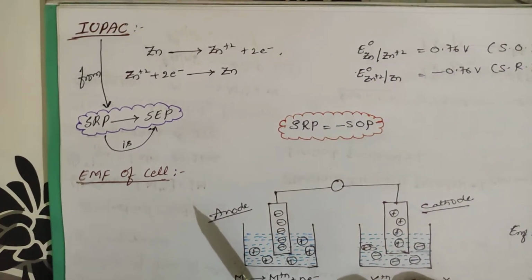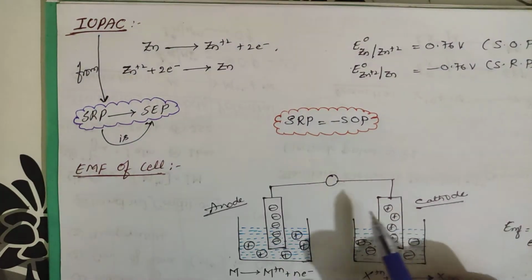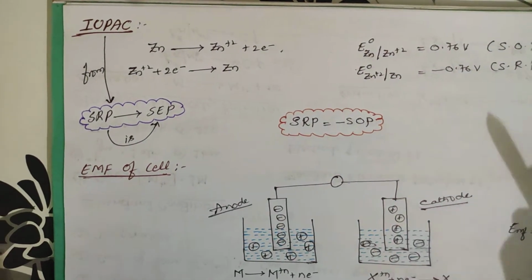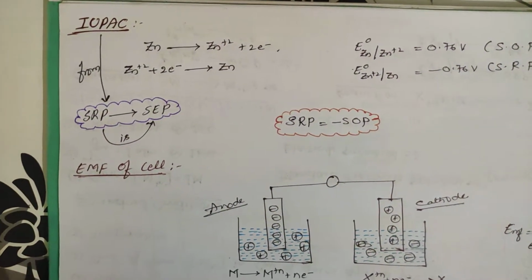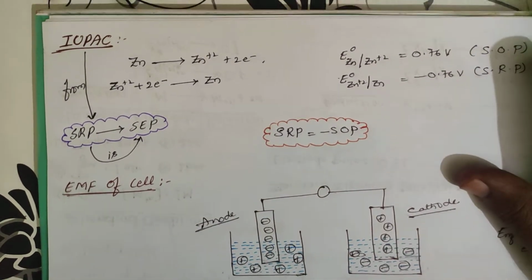And we have one committee called the IUPAC committee, that is the International Union of Pure and Applied Chemistry. So this is the Daniell cell. Already I have said, if you take zinc as well as copper, copper in copper sulfate and zinc in zinc sulfate, that is called the Daniell cell. It's an example of a voltaic cell.